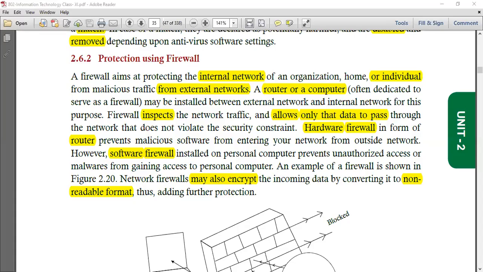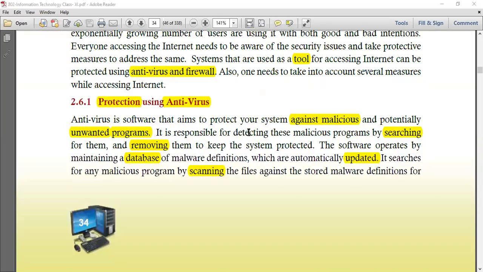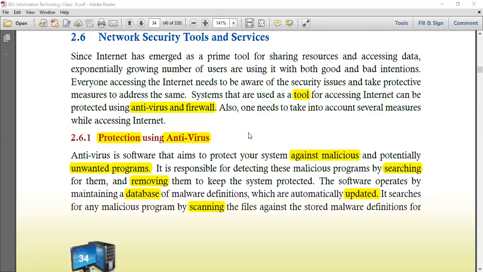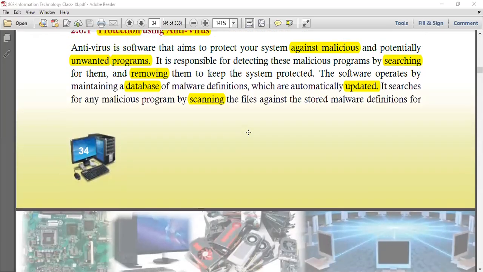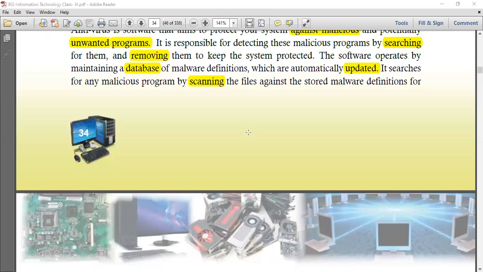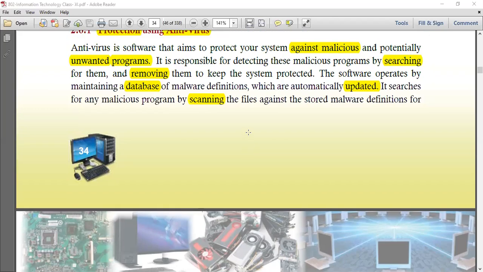Yesterday we covered protection, network security tools we were discussing. Protection using antivirus we have already covered. I'll just go through the important things. In antivirus, the software, there are two kinds of things. One is software, one is the database. Now the software is used to